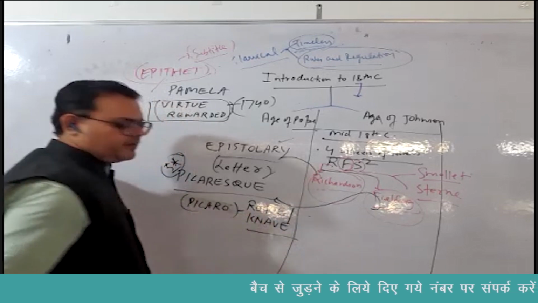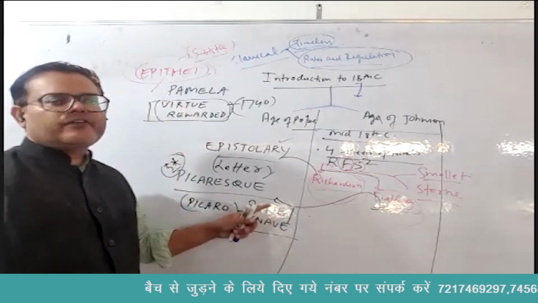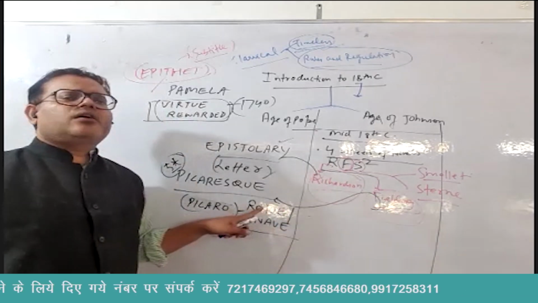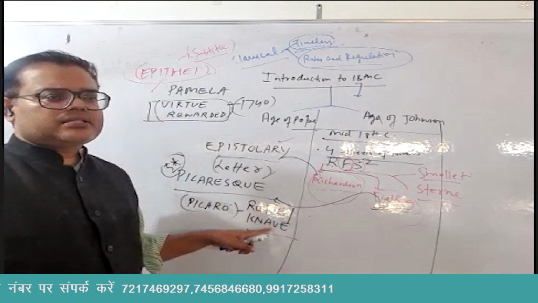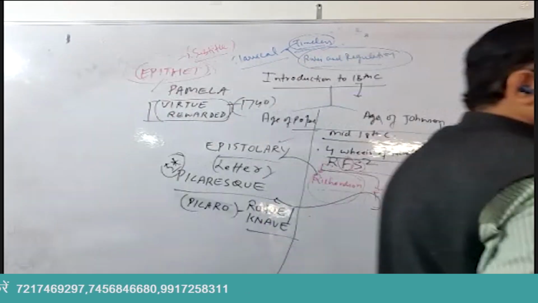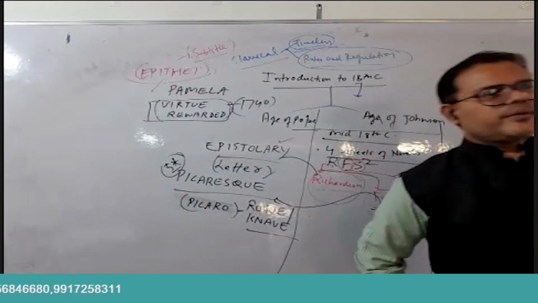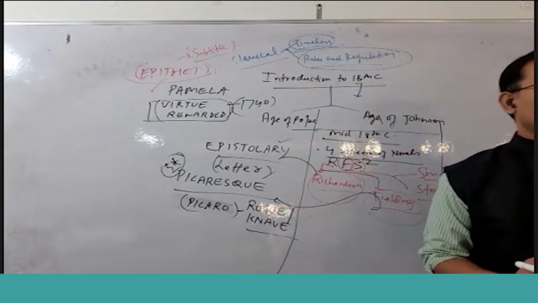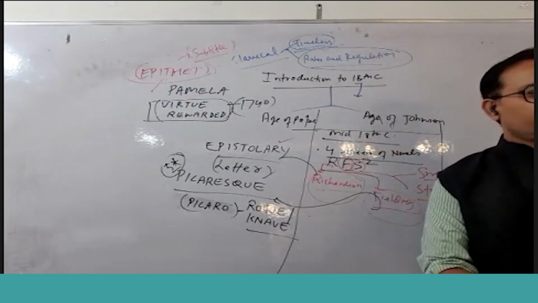K-N-A-V-E. They have asked this word also. Most of us are not familiar because it's a little bit difficult word. But rogue or a knave. So the pronunciation is this. What do you mean by this word? Rogue or knave means petty criminal. Petty means small level.